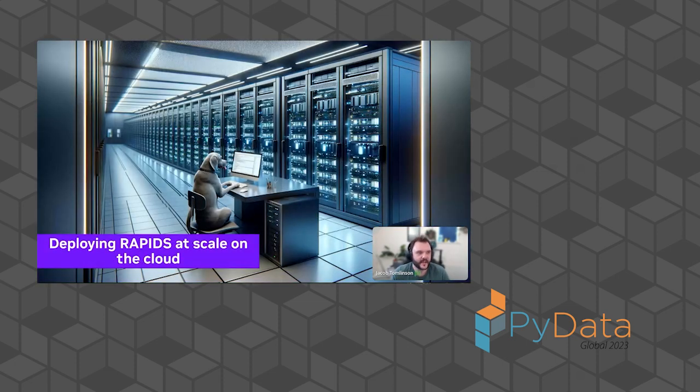But once we start thinking about, okay, I want to accelerate my code on my machine, but in order to work through one of these really big data sets, I'm going to need lots of machines, right? I'm going to need to deploy some kind of cluster on the cloud. I'm going to need to scale out my workload onto that cluster. These are multi-terabyte data sets, and we're not going to be able to get through that even on a server full of GPUs. We're going to want many machines to work through data sets of this scale. So let's talk a little bit about what it takes to deploy Rapids on the cloud,